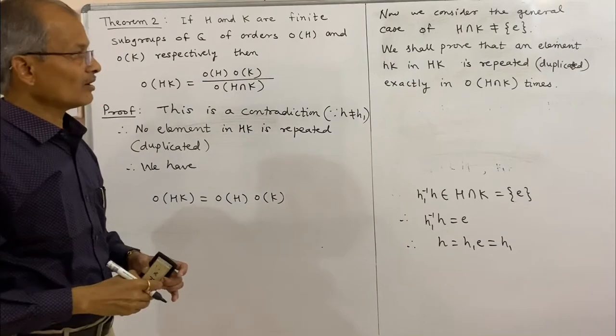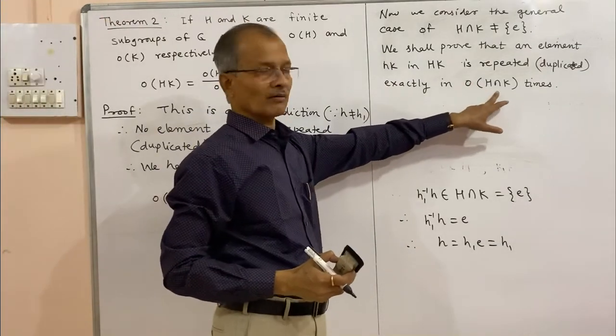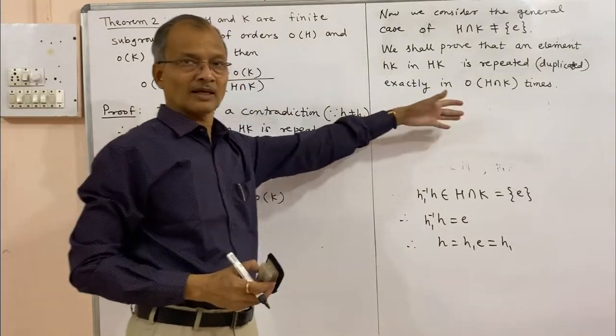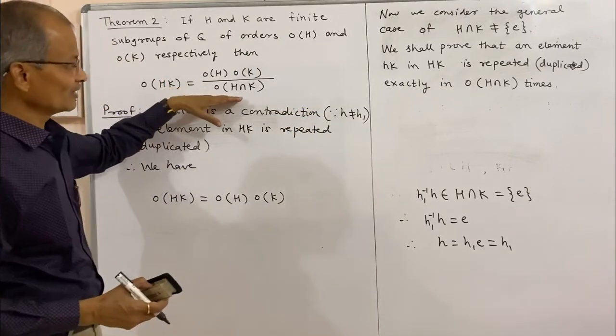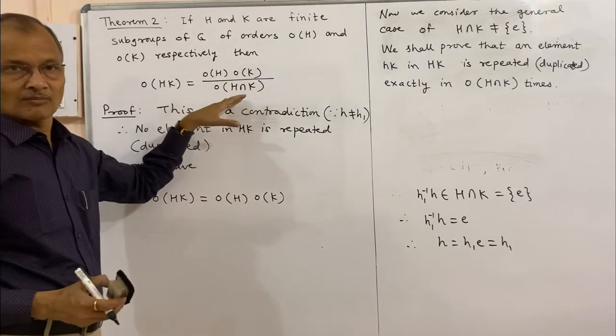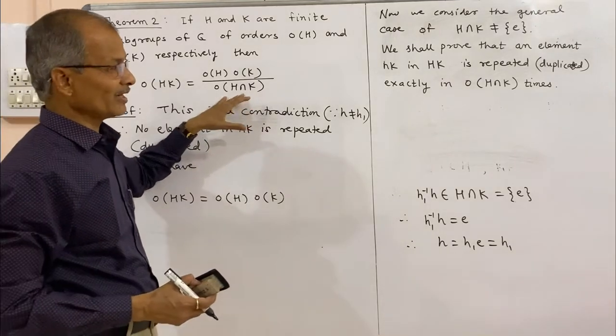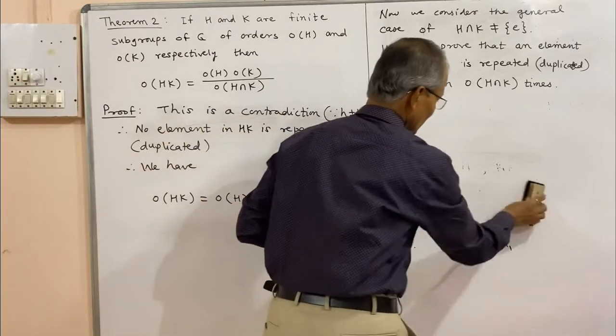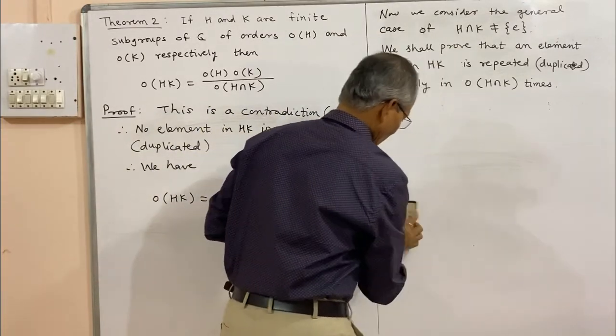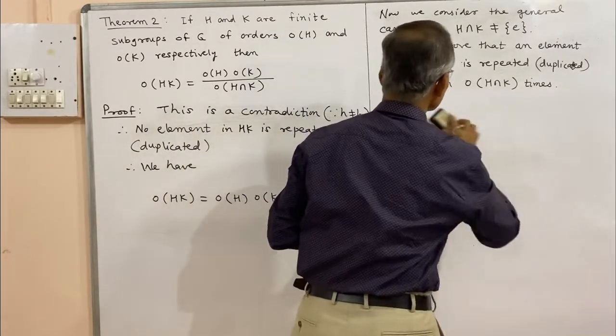Repeated elements occur in order of H intersection K times, and that's why if you prove this, then we divide by order of H intersection K, means we divide by the repeated number of elements and we get exact distinct elements. So this we shall prove, and for that purpose we consider